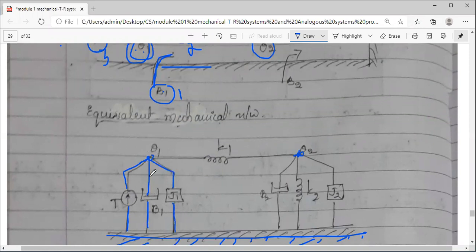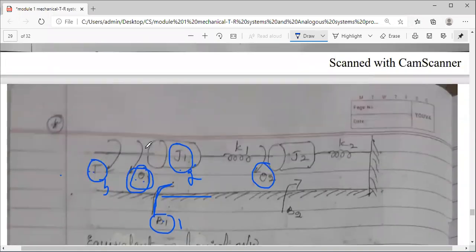So these three elements I have connected all together and connected to a reference line. Now coming to theta 2 separately. The second node, which indicates theta 2 displacement, for that let's see purely how many elements are connected to it. There is a J2, okay, one. There is a K2, this is your second element, and even though the damper is not shown here, you have a friction here, okay. When will this friction go?